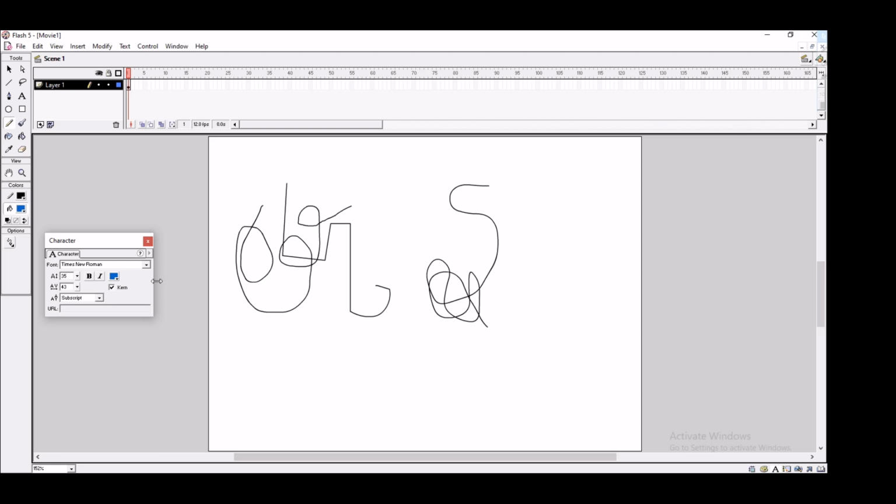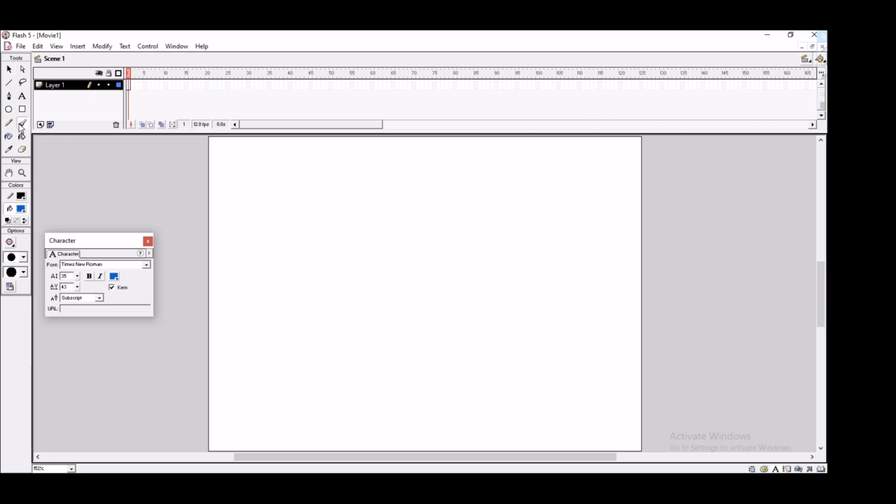Next is the brush tool. The brush tool would be used to fill in the color inside an object. This is the brush size, the size of the brush, and this is the shape of the brush. By selecting this you can draw in any shape. I will show you all the shapes once. This is one mode, this is a mode, and there are several other modes.